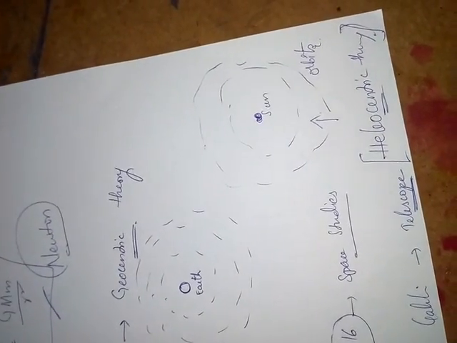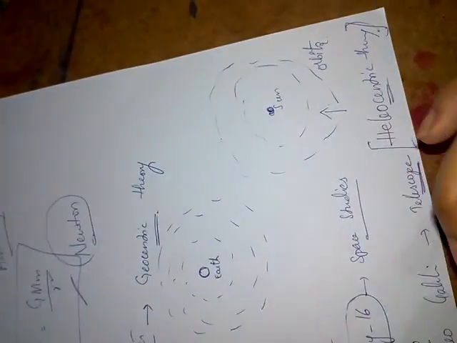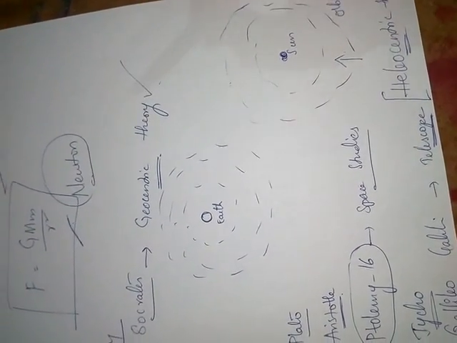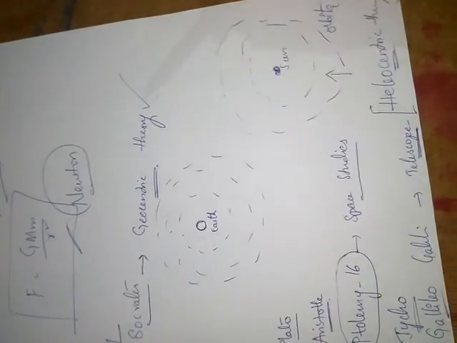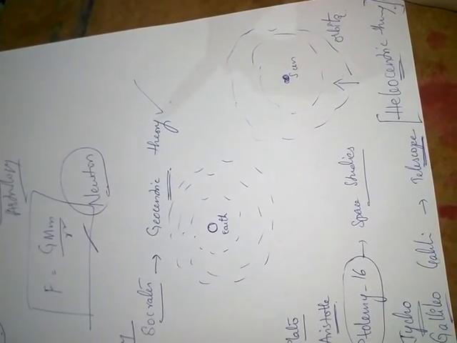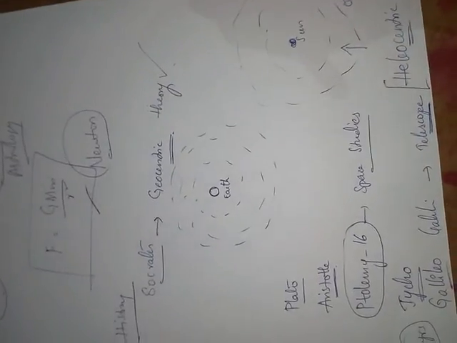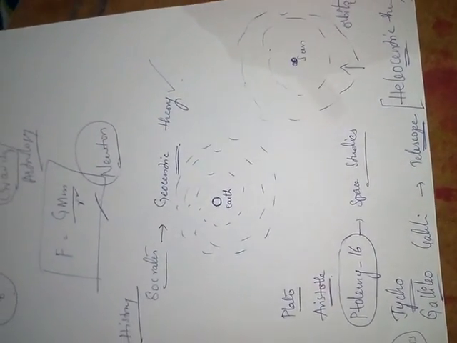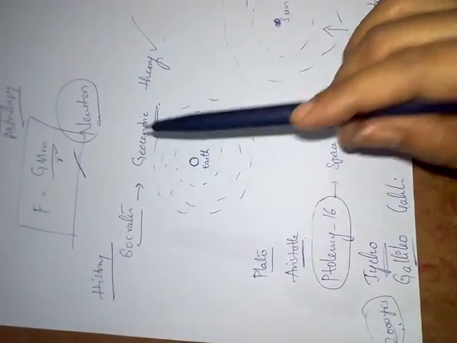Till Galileo came, for about 2000 years, all these persons have been considering the geocentric theory a correct theory. That is, the Earth is at the center, and all the planets are revolving. The reason behind believing in the geocentric theory is, if Earth is rotating or moving, why are people standing on Earth not moving? Based on that one criterion, people for 2000 years believed this geocentric theory.